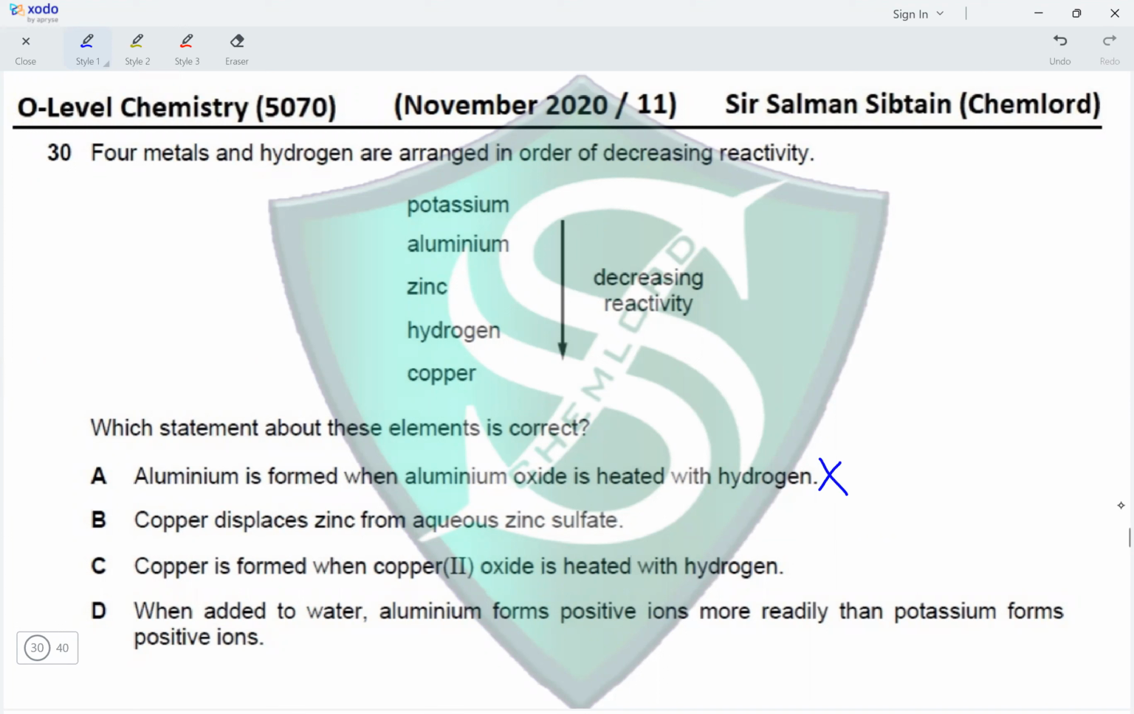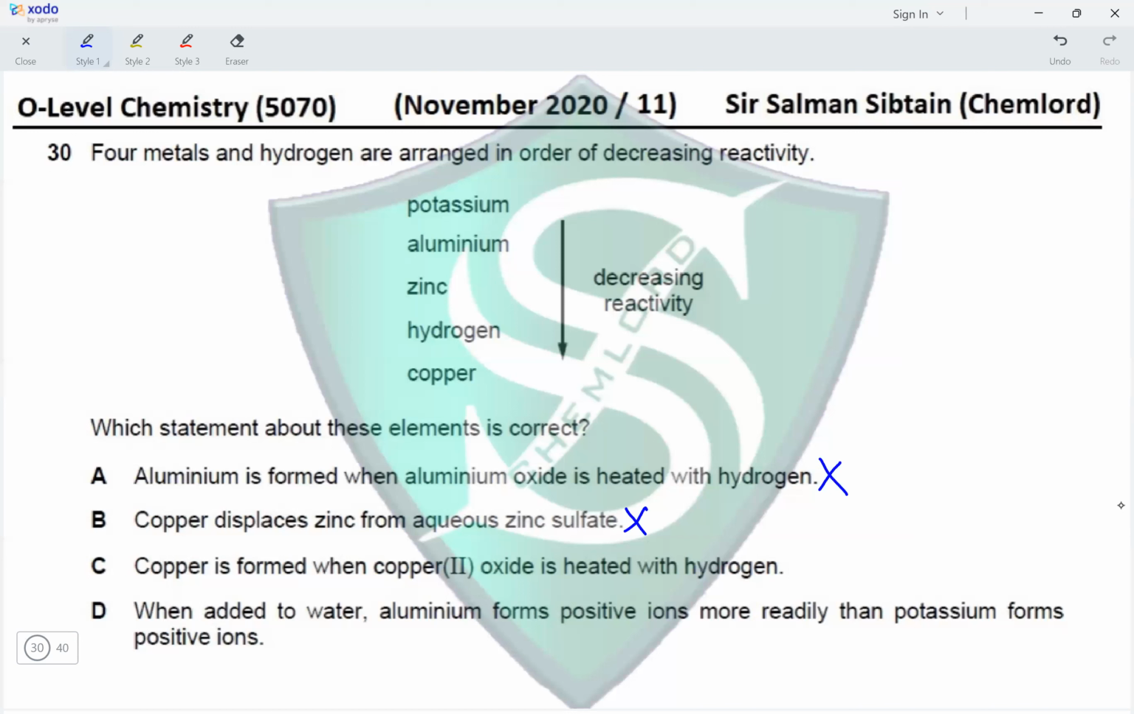Next, copper displaces zinc from aqueous zinc sulfate. No, copper is less reactive than zinc. It will not displace zinc from zinc sulfate. In fact, zinc would displace copper from a solution of aqueous copper(II) sulfate. So this is also wrong. Next, copper is formed when copper(II) oxide is heated with hydrogen. Yes, copper